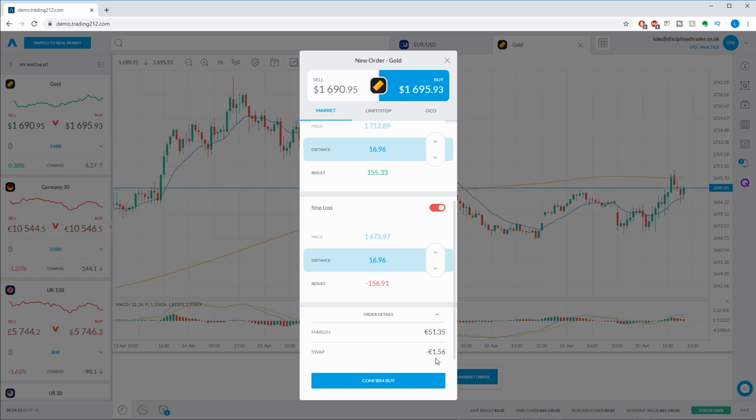If you open and close the trade within the same day, this won't apply. It only becomes relevant when you hold a trade for more than one day. Once you are happy with everything you have configured within this trade window, simply press confirm and the trade will